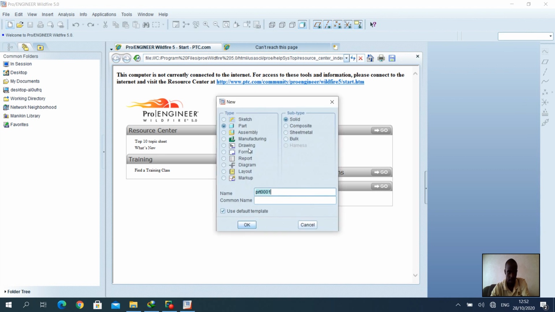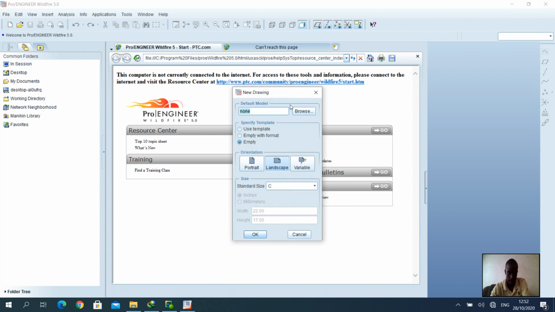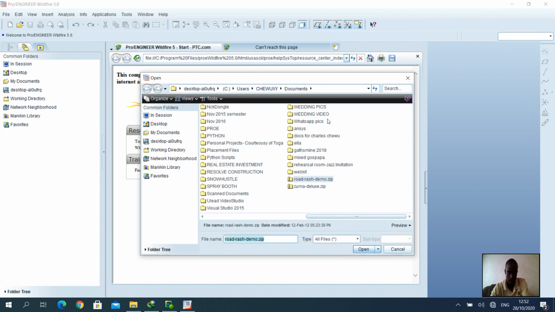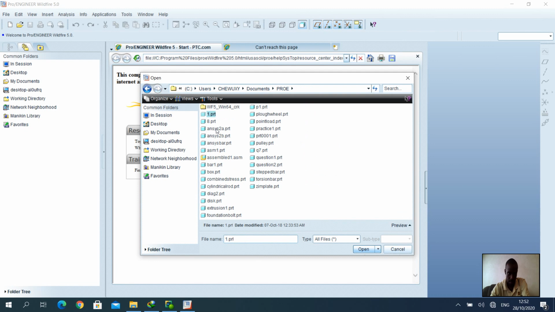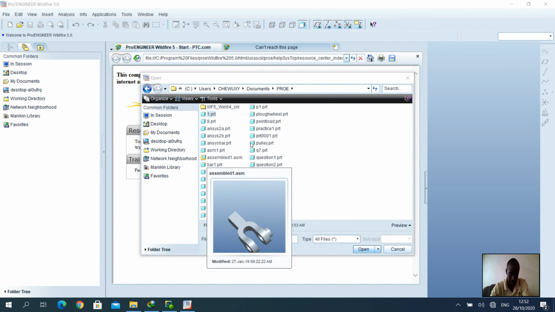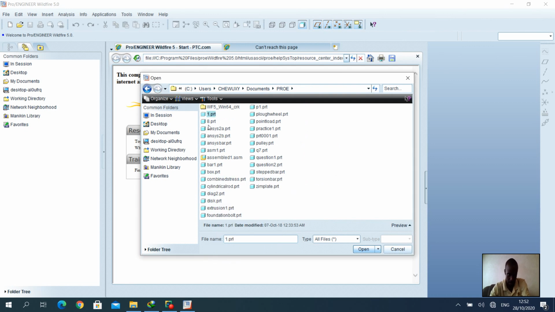The file that I'm going to be using is drawing. It's not going to be part of assembly, but it's going to be drawing in this case. And then the 3D model that we're going to be putting under analysis is the part design, part number 8 that we did in part designing. So you can select that from wherever you stored your component number 8. So I'm going to be opening it,